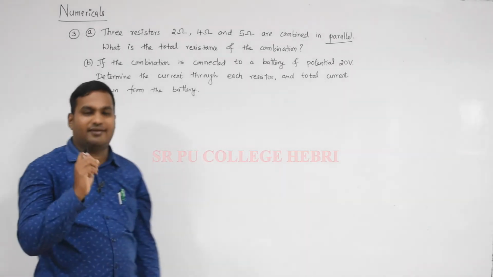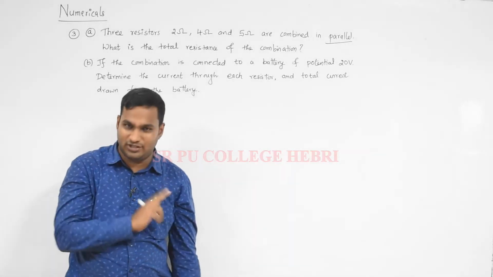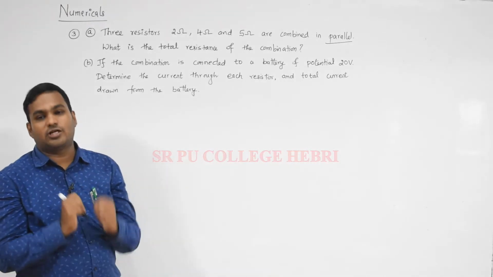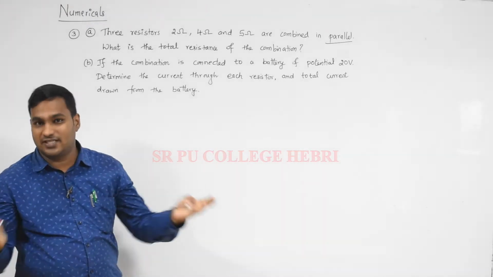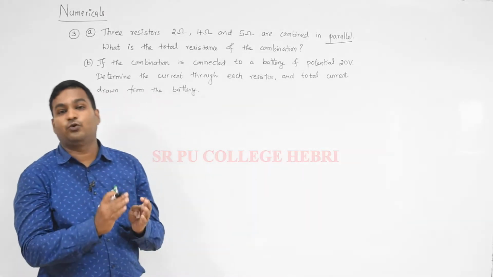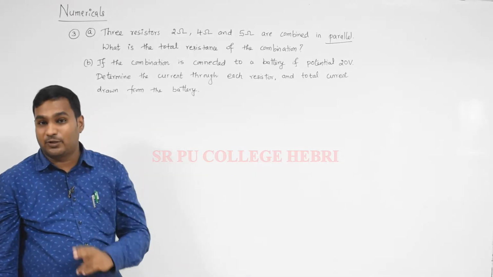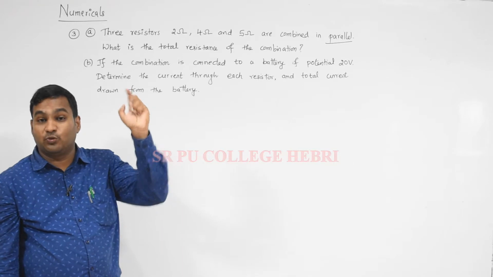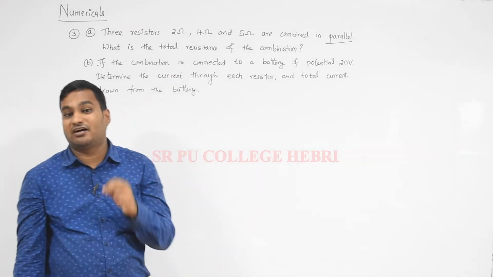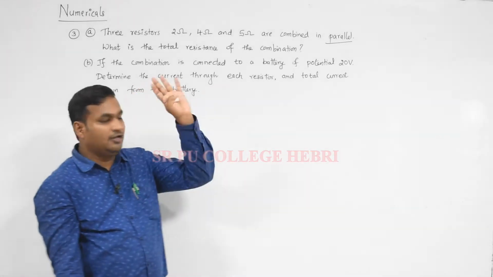Dear student, remember this correctly, during parallel combination I told two important results. What are the two important results? First result says that the potential drop across each resistor is the same during parallel combination. Second result is that the current flowing through each resistor is different. These two are the important results. Remember correctly, in parallel combination the potential drop across each resistor is the same. In parallel combination the current flowing through each resistor is different. These are the two important results under parallel combination.